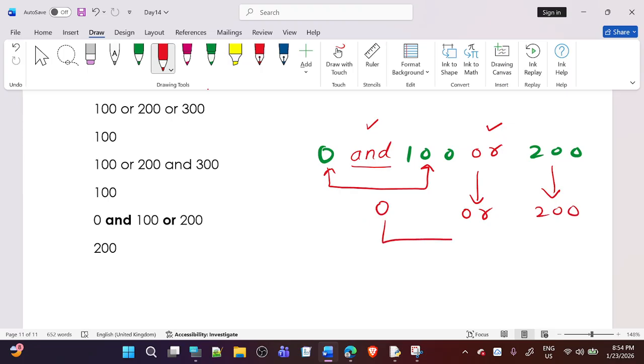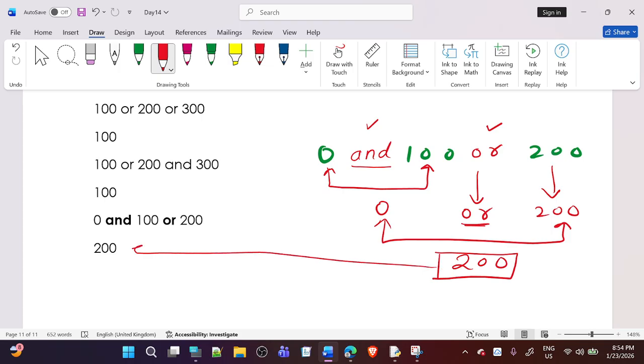Okay, 0 or 200. 0 or 200 gives 200. So what will be the result? 200. So you can see here 200, what we have written here. That is the result. Okay. Got it? Okay, so